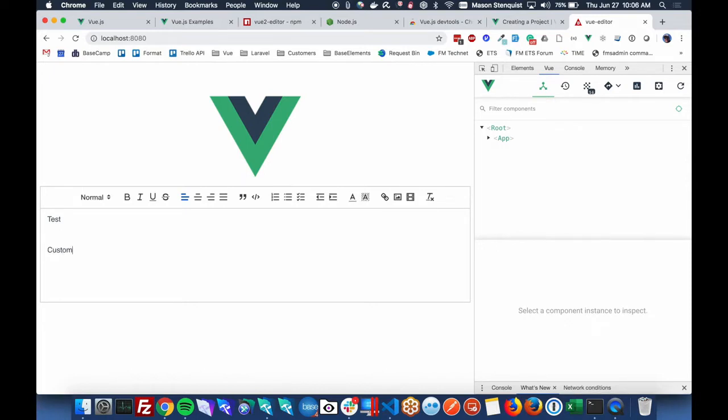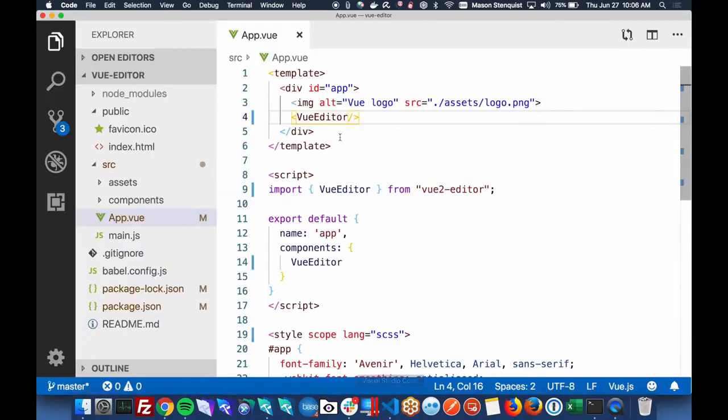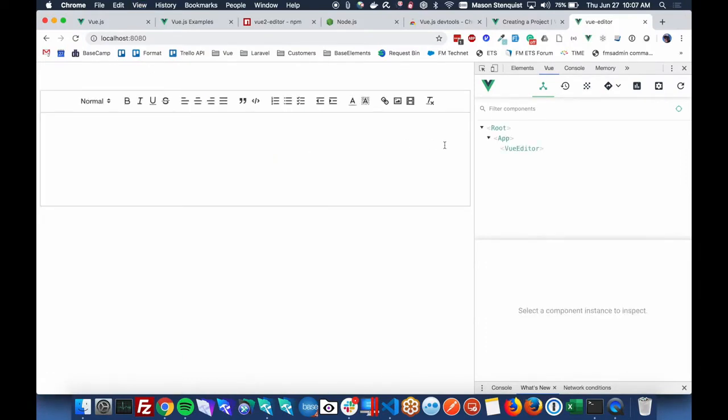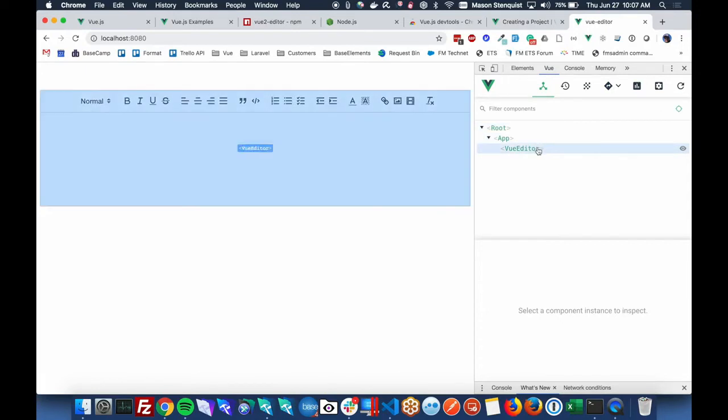You can change your headings, do a bulleted list. So yeah, it's pretty quick and easy. We can actually get rid of this image. We don't need that. All right, there we go. So we have our editor.